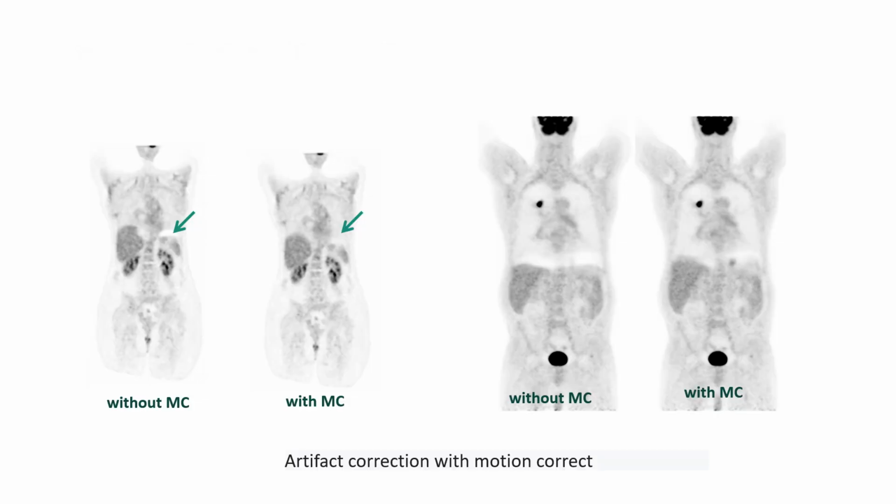Up to now, motion correction keeps being an issue, as movement also introduces artifacts in the image, as shown in these examples. This artifact could be crucial for correct staging of the patient. In the example on the right, we see a large area with very low counts in the high abdominal region, but in this region the motion corrected image shows the presence of a small lesion that was not visible in the standard image.